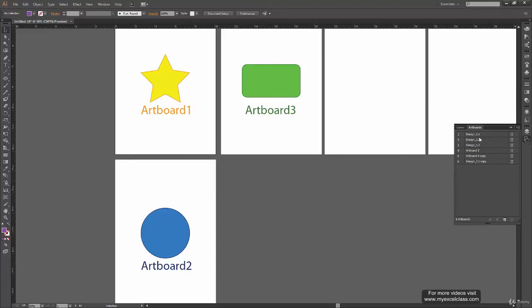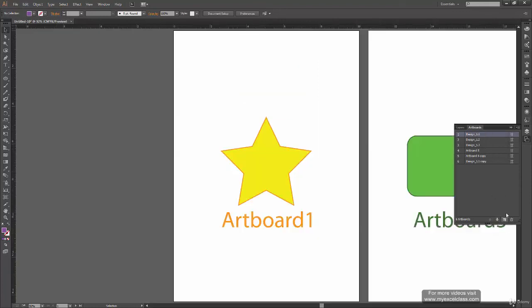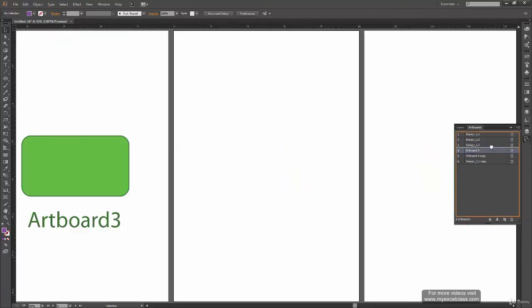Like previously, we were using up and down arrow keys. These, sorry, not arrow keys, these arrows on the artboard. You can just drag and drop to rearrange your artboards over here. So yeah, there are a few options for everything.